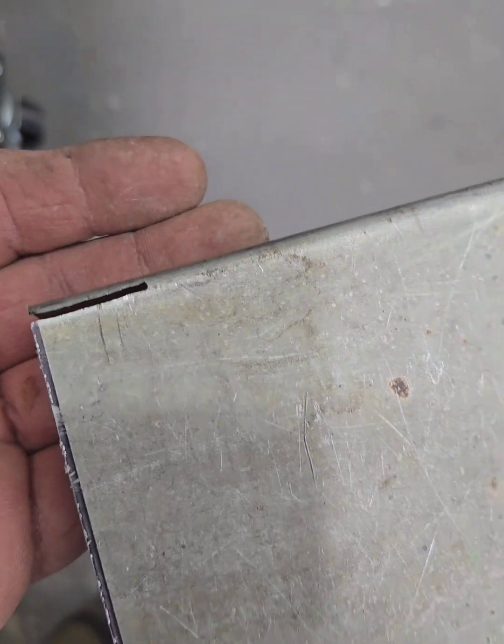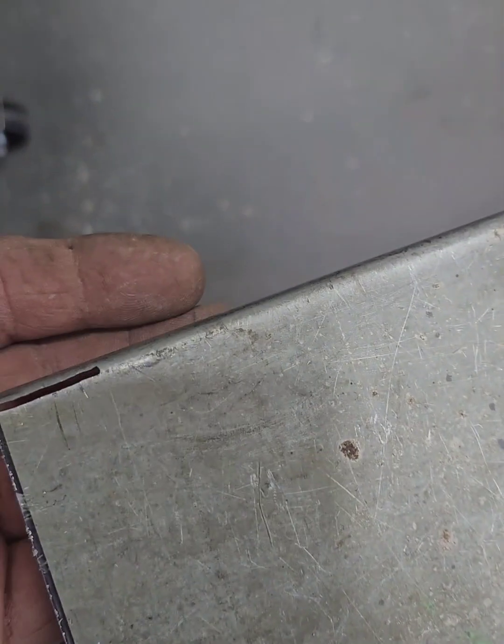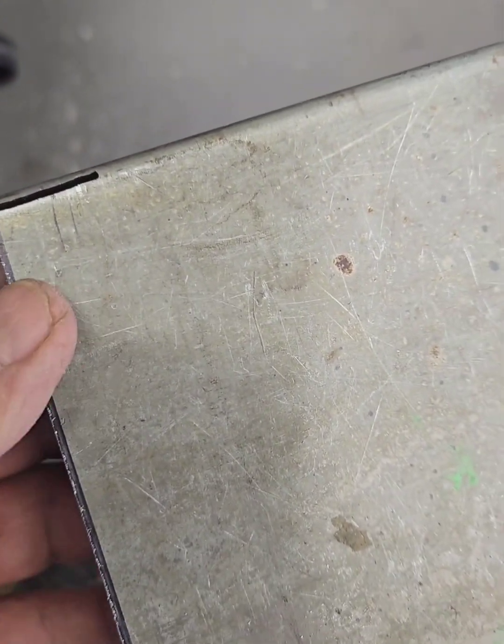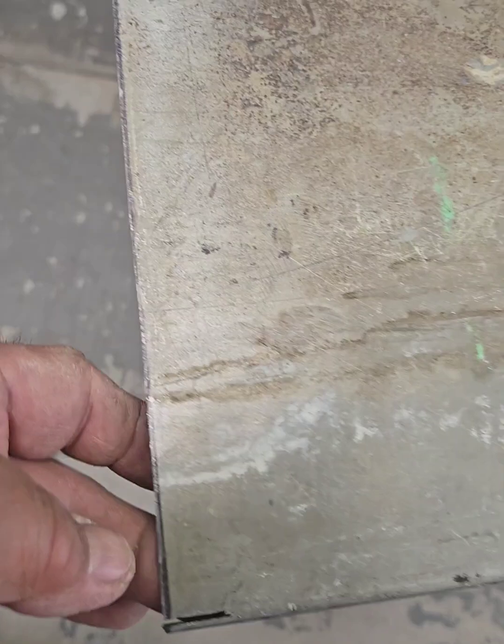This one I went a little deeper. I'm gonna try this one. I should try this one first. It's more cut. I can cut the other one first. I don't know, I'm gonna start bending this down along this edge here. I mean, I kind of have a nice break point there with that 3/4 inch plywood,